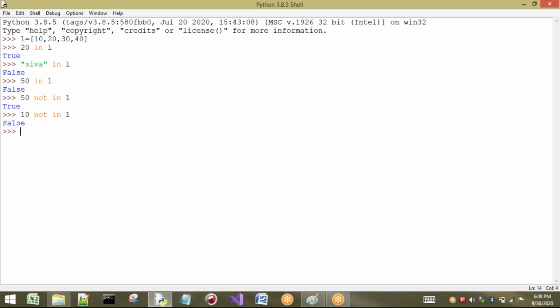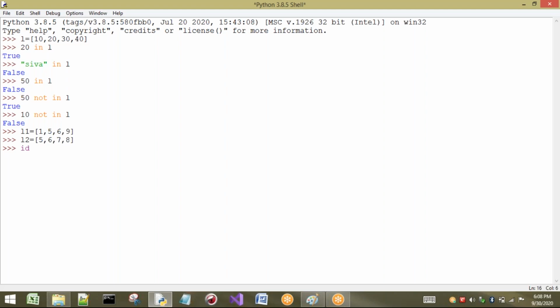I am going to consider two different lists. One is L1 equal to 1, 5, 6, 9, these are the elements present in the list. Now L2 equal to 5, 6, 7, 8. First I want to check whether these two are same or not, so I can apply is and is not.